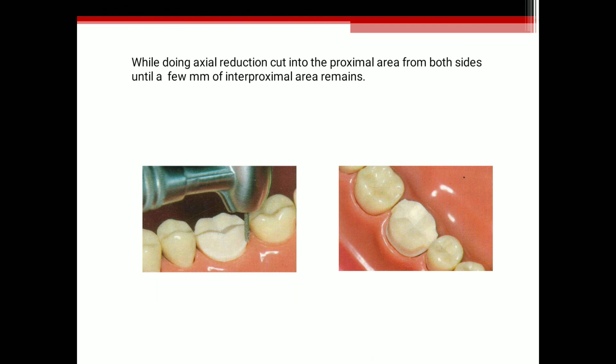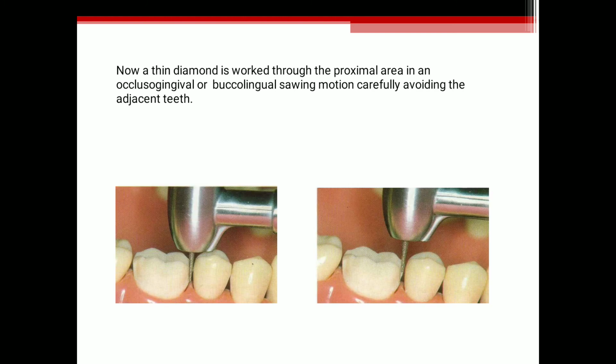Then while doing axial reduction, cut into the proximal area from both sides until a few mm of the interproximal area remains. You can see here in the pictures. Now a thin diamond is worked through the proximal area in an occlusogingival or buccolingual sawing motion. Carefully avoid touching the adjacent teeth.